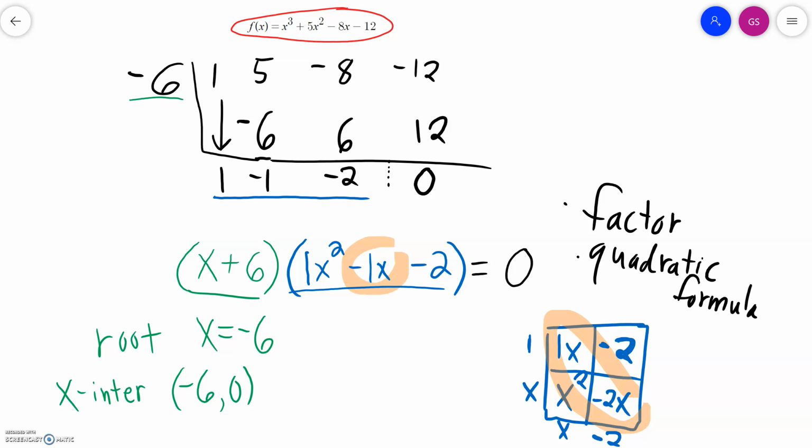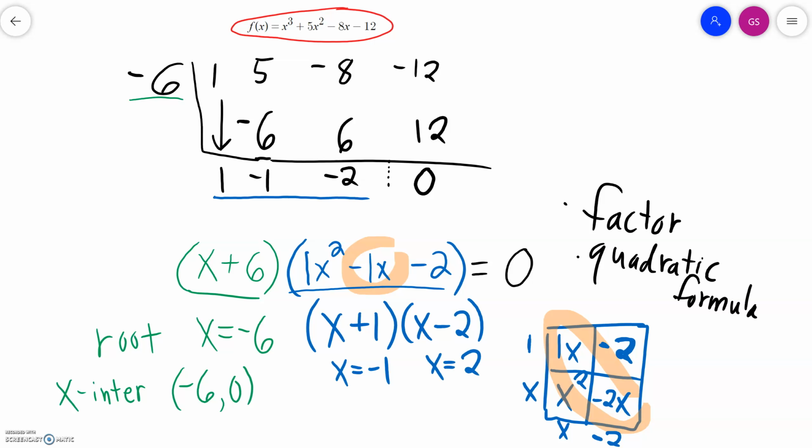I factored it. So I'm just going to write it in factor form. That would be, let's see here, x plus 1 and x minus 2. So that means my roots would be, if I put -1 in here, I would get 0. So there's one root. And then the other one's +2. That's my other root. So my x-intercepts are (-1, 0),